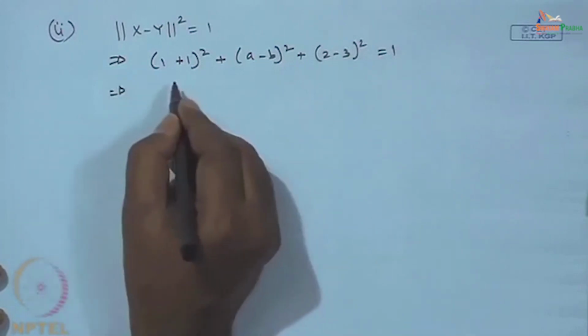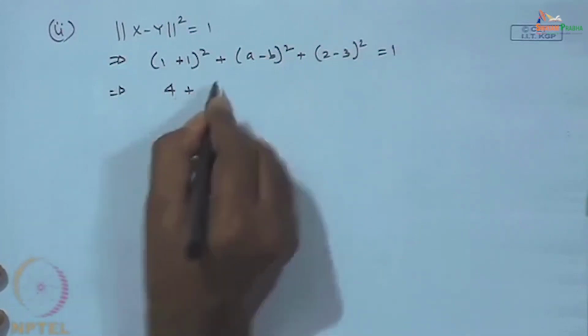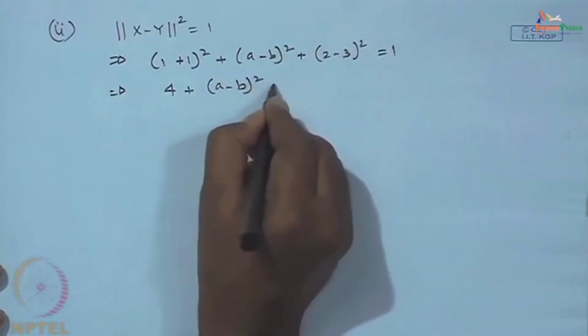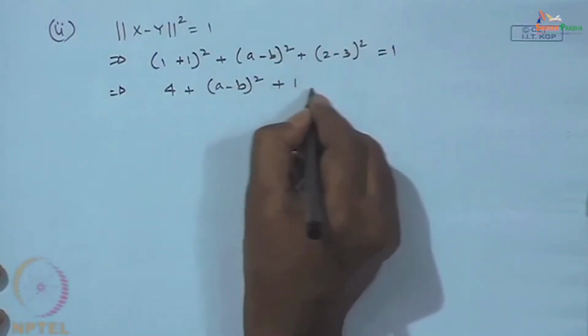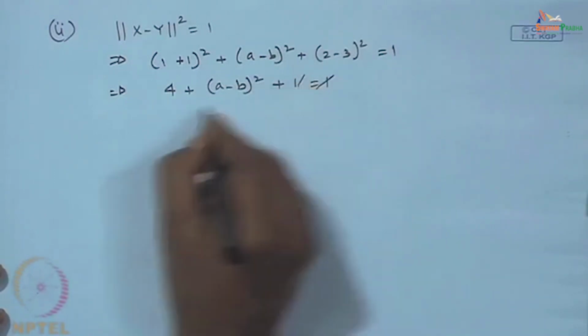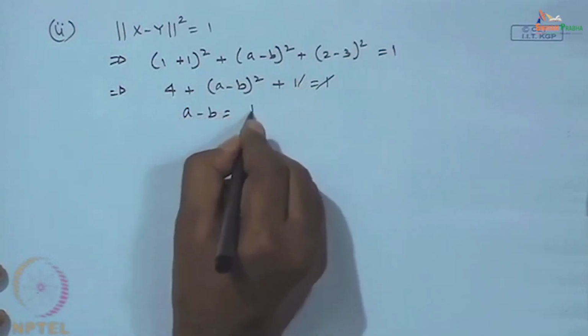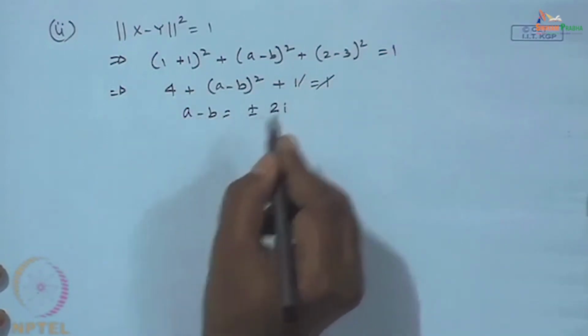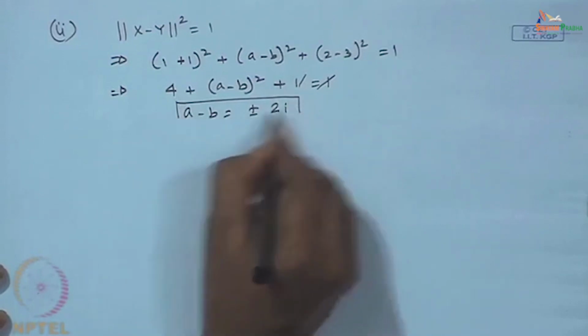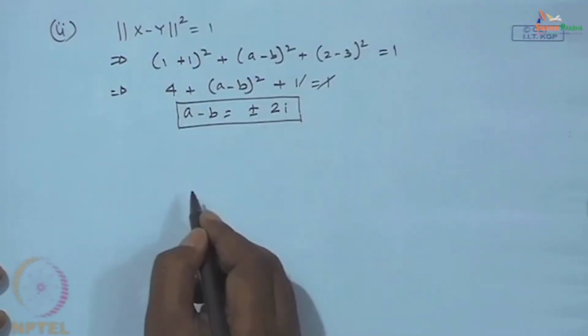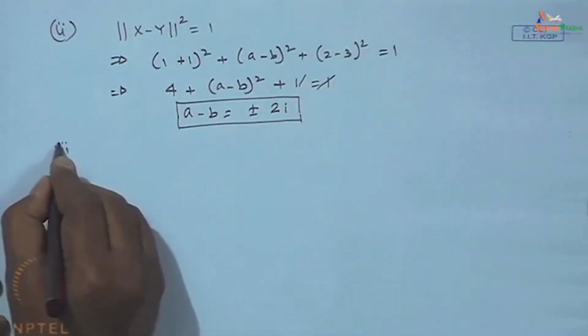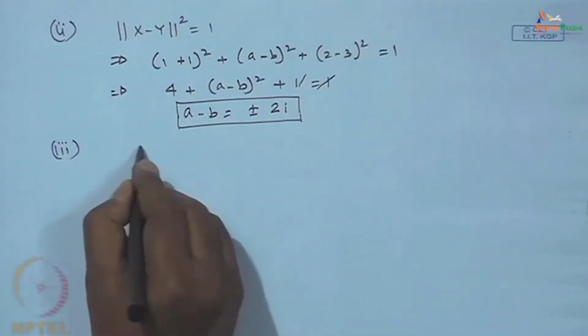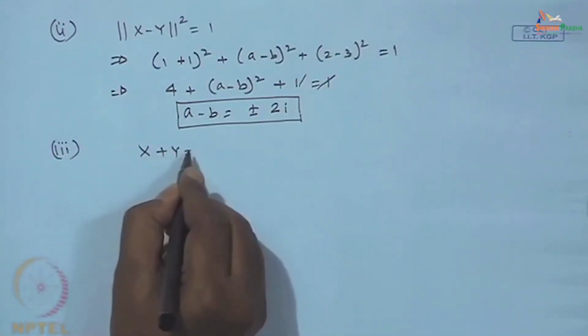So, you will be having 4 plus a minus b whole square plus 1 is equal to 1. So, a minus b is equal to plus minus 2i. So, that is the relationship between a and b, and the third part is that x plus y has